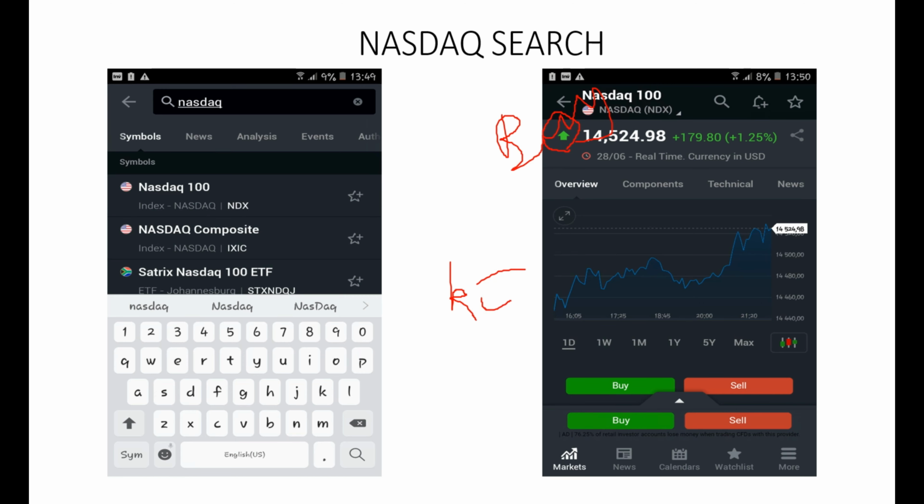Red is for sale. I don't know what I was doing here, I cannot even type. Red is for sale. So as you can see, there is green, and it means buy. So we go to the next one. We're going to search